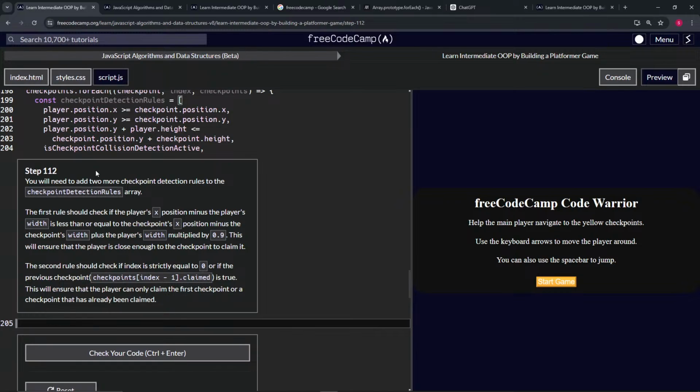All right, now we're on to step 112. So now we're going to need to add two more checkpoint detection rules to the checkpoint detection rules array. First rule should check if the player's X position minus the player's width is less than or equal to the checkpoint's X position minus the checkpoint's width plus the player's width multiplied by 0.9. This will ensure that the player is close enough to the checkpoint to claim it. The second rule should check if the index is strictly equal to 0 or if the previous checkpoint